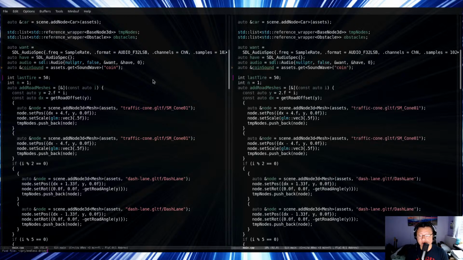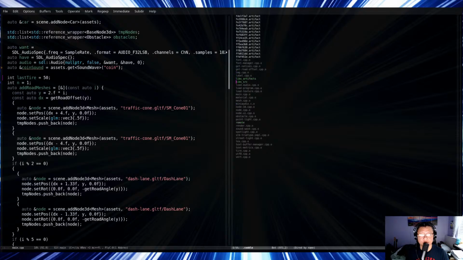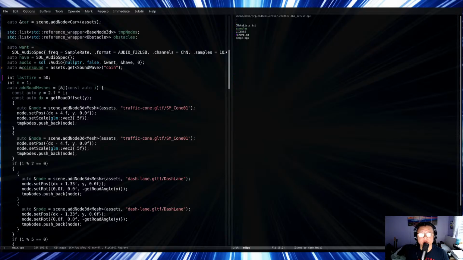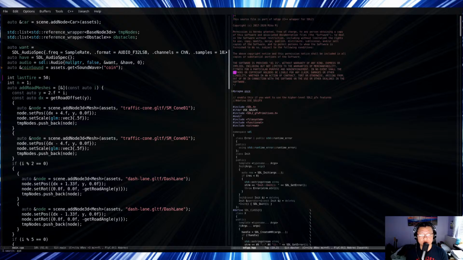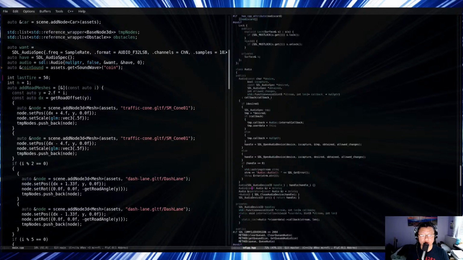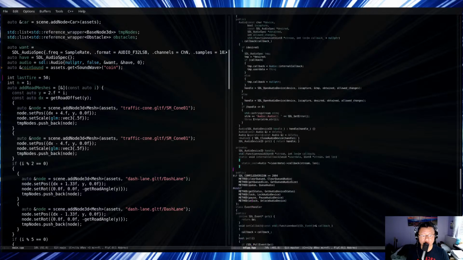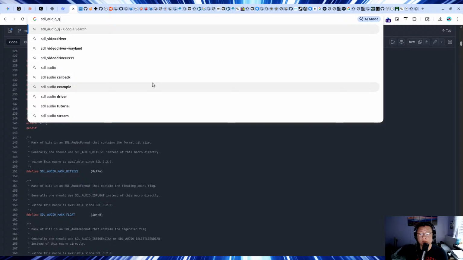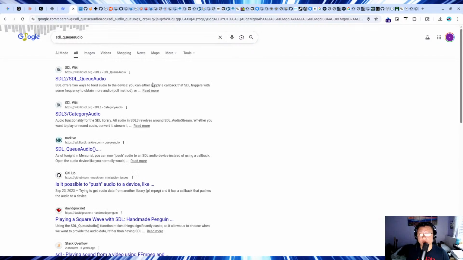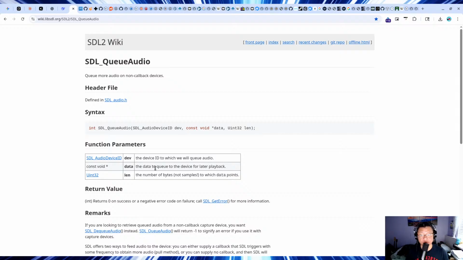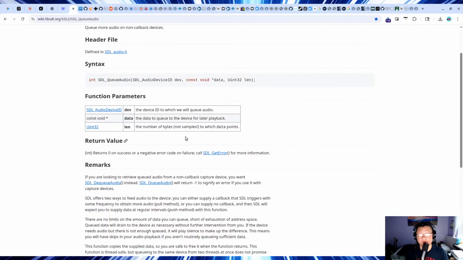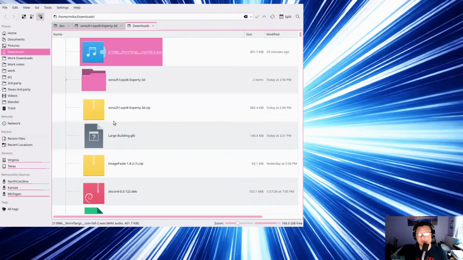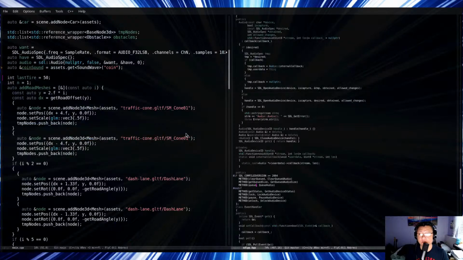I think I can just play sound directly. Get Q size, Q audio, yeah. SDL Q audio. Okay, so I can just do